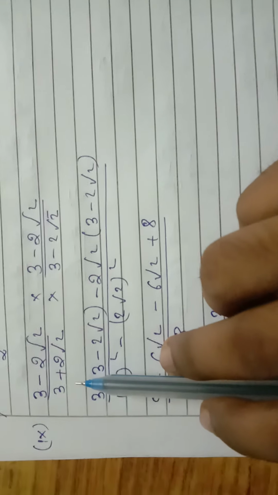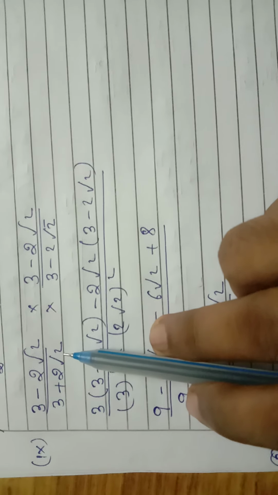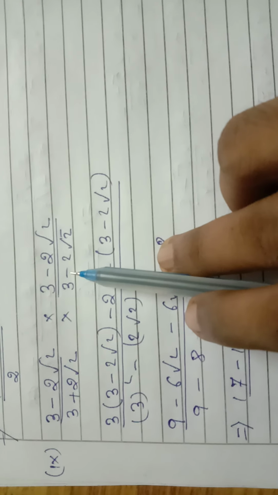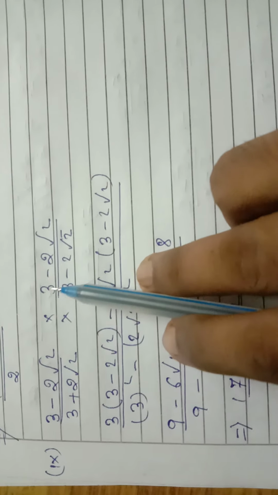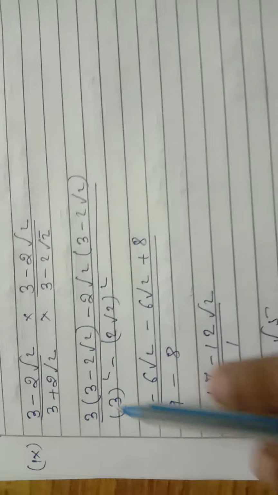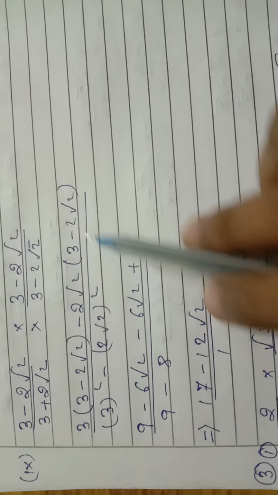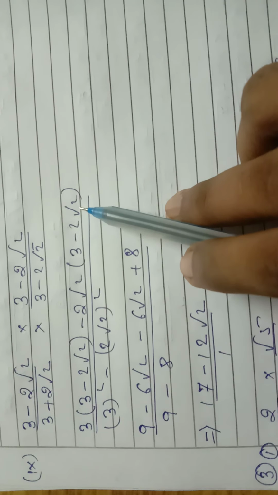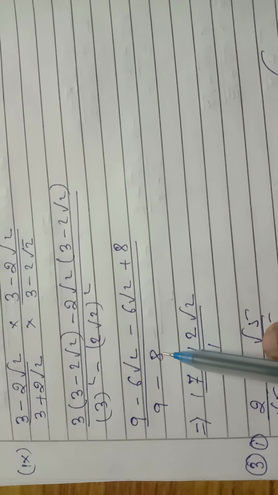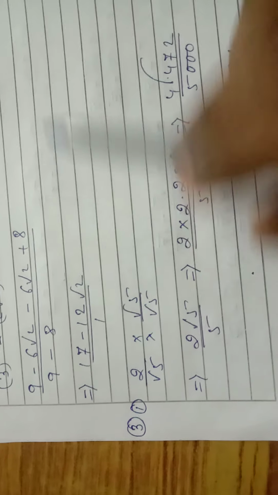Look here, same way this also. 3 minus 2 root 2 divided by 3 plus 2 root 2. Again multiply the same number. Plus is here, so we multiply by minus. This means 3 multiplied by both the numbers, minus 2 root 2 multiplied by both the numbers. 3 3s are 9, 3 2s are 6 root 2, 3 2s are 6 root 2 and 2 2s are 4, 2 root 2 makes 1 2, that is equal to 8. 3 square is 9 and this square is 8. 9, 10, 17, 2 root 2 by 1. Same way it is given over here.